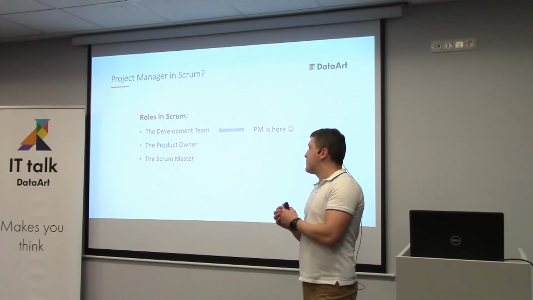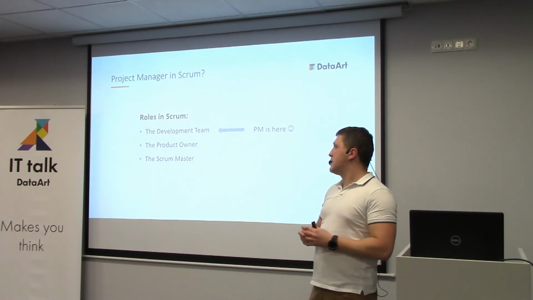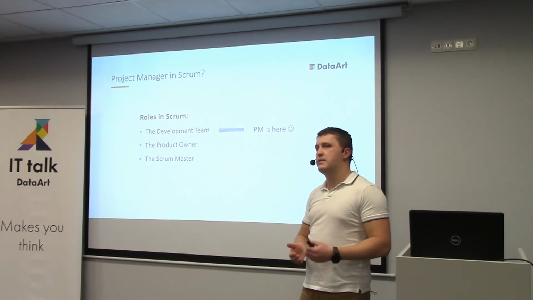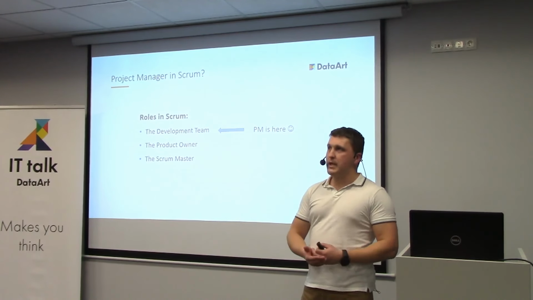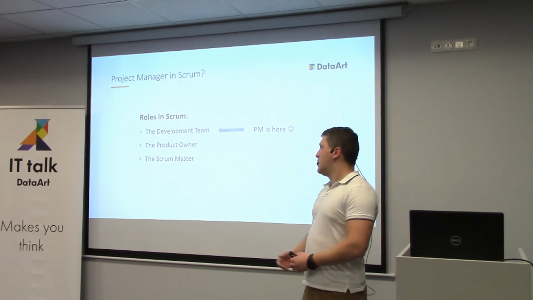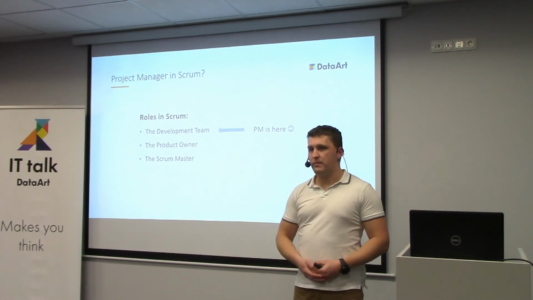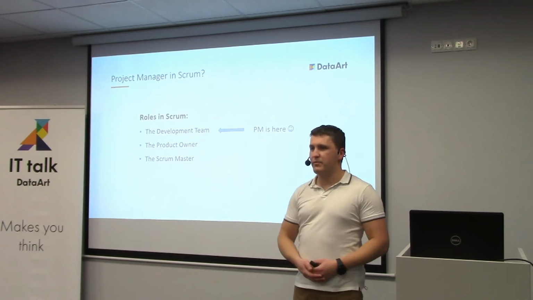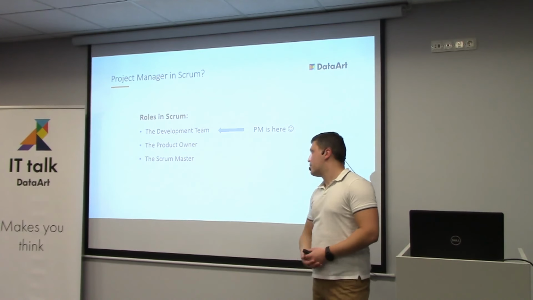In Scrum, the development team is fully responsible to deliver an increment throughout the sprint. Well, actually, that is the ultimate responsibility of a project manager. So I would treat the development team as a collective mind, as a project manager. Or as an alternative, there can be a dedicated person who performs that role. But I think that the project manager's place is here.